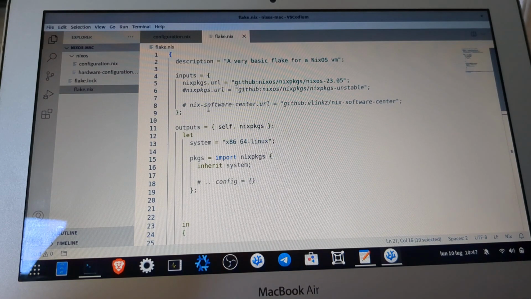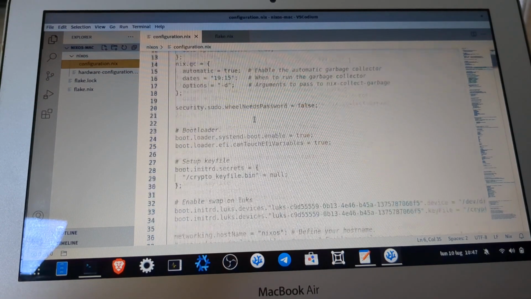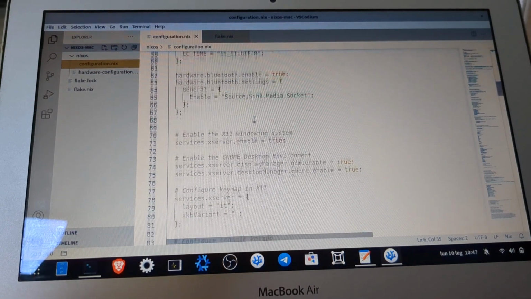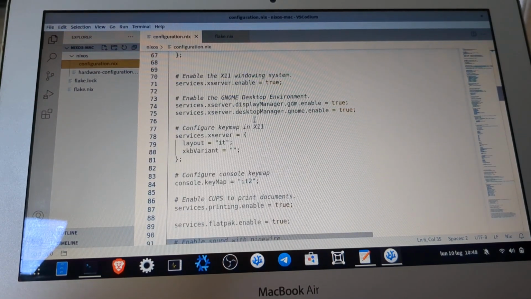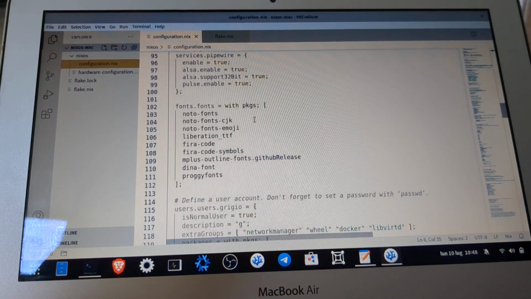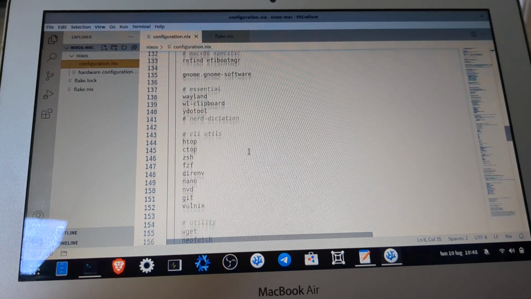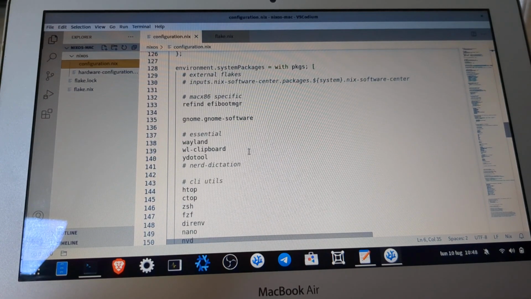And now we can do all the configuration here, and as you can see, it grows a lot if you specify a lot of configuration. But mainly here you have the software for the user and the software for the system.